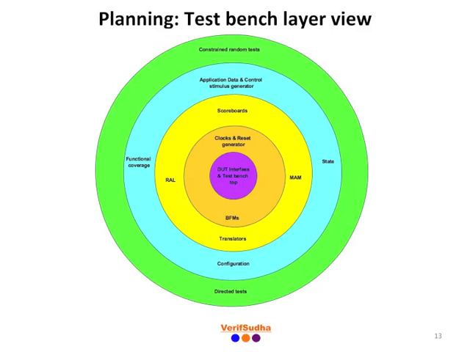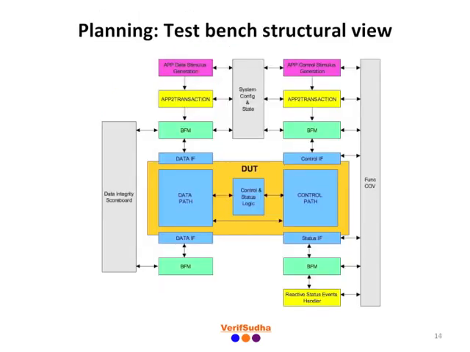Let's now look at the test bench from the structural functional division perspective. Structural view is just another representation of the same functionality as represented by the layered view. It's just a different perspective. Let's start with the DUT in the middle of the picture. DUT will have data and control interfaces. Data interface is for communicating the data to be processed. Control interface is for managing the DUT. Managing can involve programming the DUT using control registers or finding out the status through status registers.